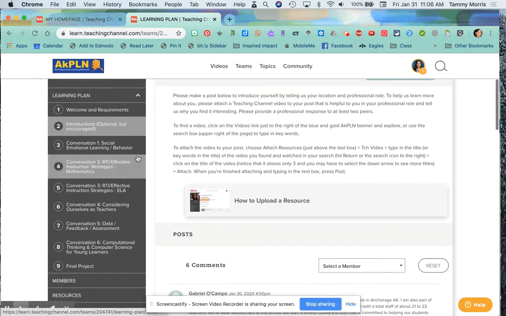Now we have 6 conversations in separate modules here. Your requirement is to only participate in 2 of these. Now you can participate in as many as you want. You can go through and read them if you want to without participating, but the requirement is to make 2 original posts in 2 of these conversations and reply to a colleague in 2 of the conversations.